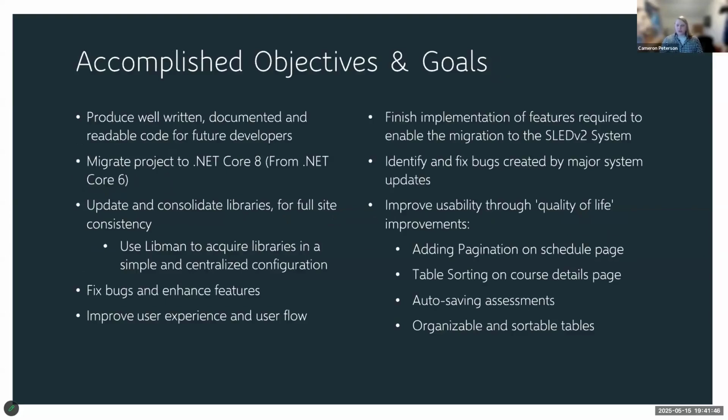And so, some of our accomplished goals, as you can see on our presentation, are listed here, but the two biggest ones, and possibly some of the more difficult ones, was the migration to .NET Core 8, which introduced a number of new features as well as a couple different breaking changes. And secondarily would be the implementation of Libman, a Microsoft-owned tool to help with JavaScript dependency management, which is basically, in short, a way of getting all your tools and keeping them in one big toolbox. So, with that being said,